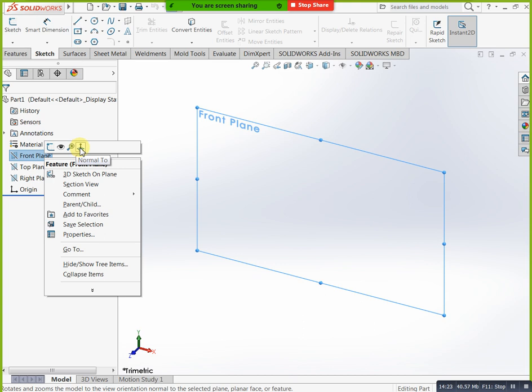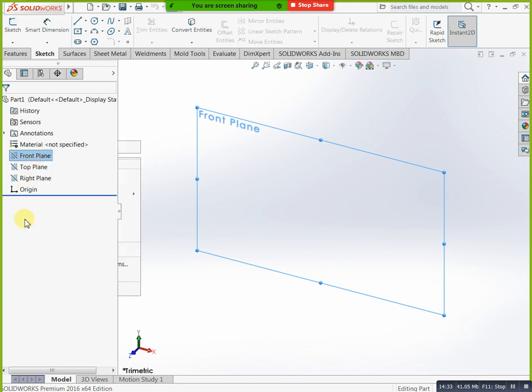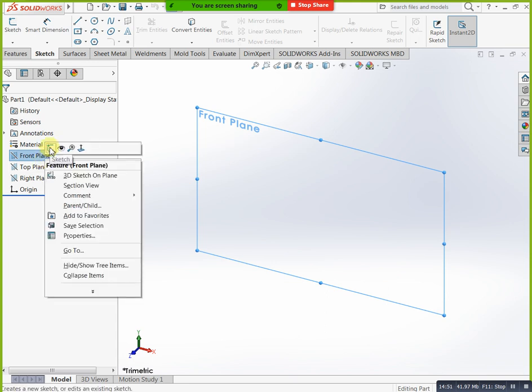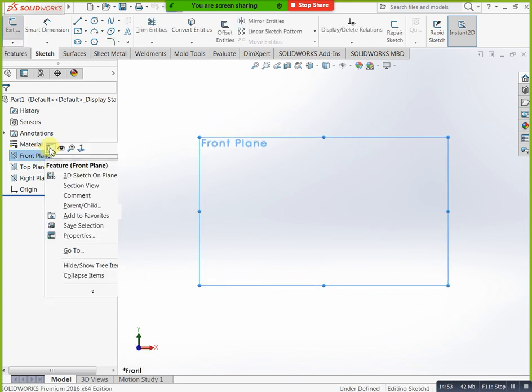For example, I need to draw a sketch. How can we draw? First of all, you select your plane. Okay, whichever plane you need. Among these 3 planes you can select any one plane. We don't have a restriction that you must select this plane, we don't have such restrictions. You can select any plane based on your possibility, you will get your model. That's not a problem here. Okay, now I need the front plane. Just right click, here we have the sketch option, just select it. Okay, when you click sketch, this area opens automatically. Okay, this is the sketcher interface.